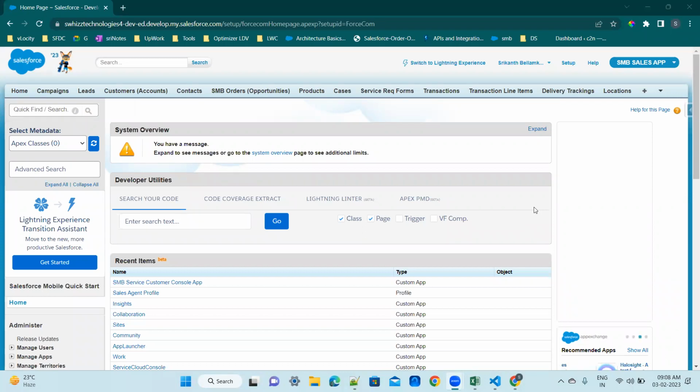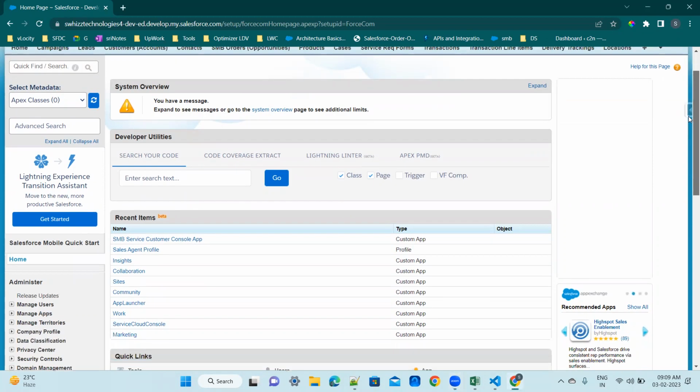Okay, so far we know how to create applications inside Salesforce, objects and tabs, and we have given access to the profiles, and we have tested from the end user's point of view, and we have created some records as well. Not only working on the standard applications, we have created our own applications. We have created 2 applications, and not only working on the standard objects, we also worked on the custom objects. So now, if you see my screen,